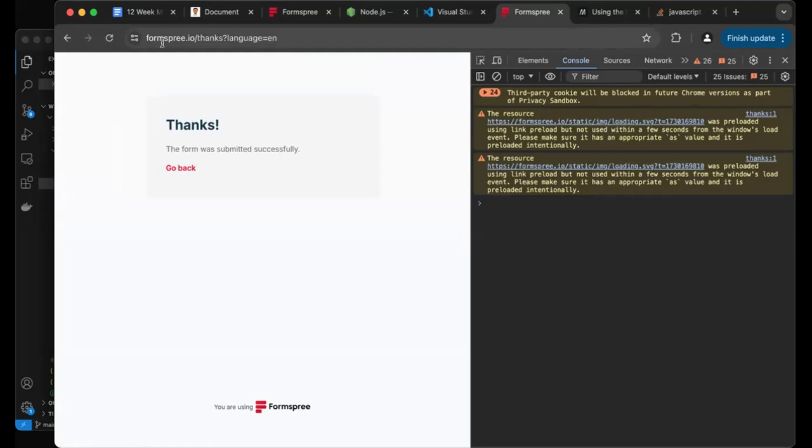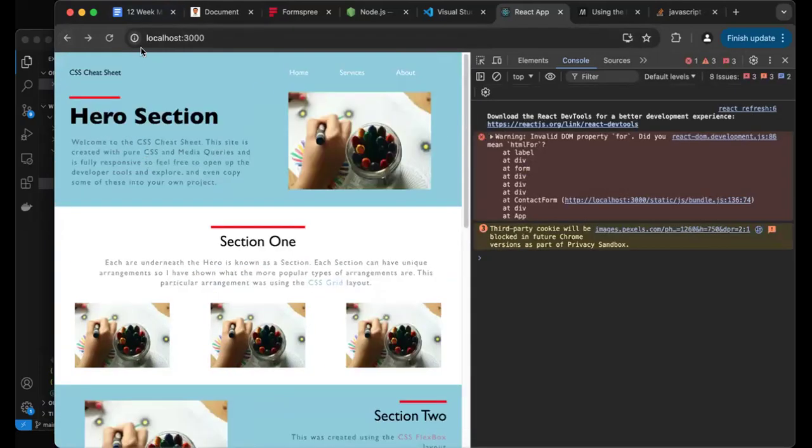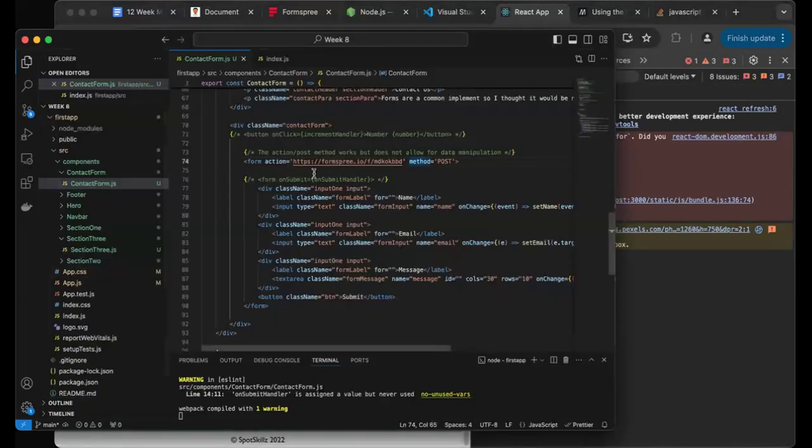I'm glad I'm partnering with Formspree. They're a great service, but let me talk to Formspree on my back end, privately between me and them, like a phone call. But I want to keep the user on my web page. I want to keep the user here within my ecosystem. So in order to do that, there's a lot of work that needs to be done,